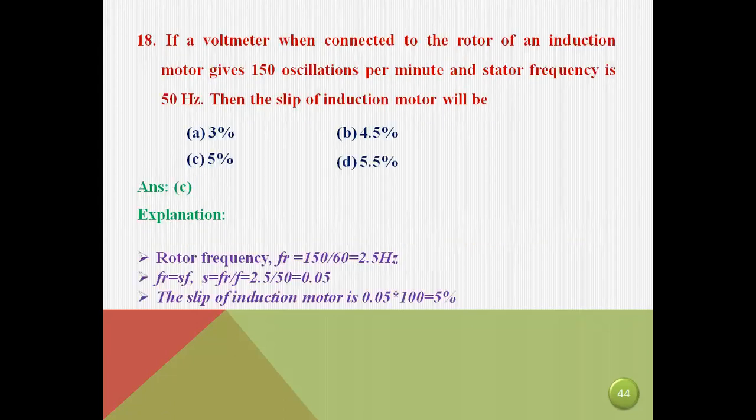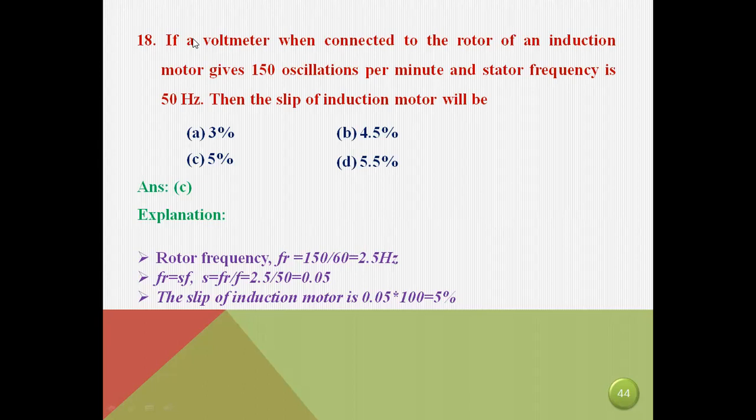I am not taking the same questions. I have already made your unit test, but the pattern will be like this. You will require these equations and these theories: how the speed of the rotor of the induction motor is always less than synchronous speed, where you will get the slip value maximum, and where you will get the slip value minimum. Minimum means you will get slip value 0, and maximum means you will get slip value 1. At the start of any induction motor, you will get slip equal to 1. Like that, you will need this.